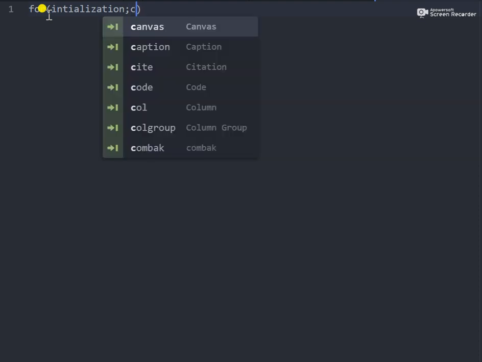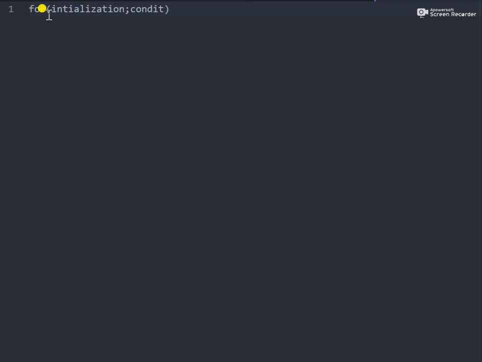आज हम फॉर लूप का यूज़ करते हुए किसी भी नंबर का फैक्टोरियल कैसे निकाला जाता है उस पर एक प्रोग्राम करने जा रहे हैं। फॉर लूप का सिंटेक्स है फॉर, उसके बाद इनिशियलाइजेशन है यहाँ पे, सेमीकोलन, उसके बाद कंडीशन, जो कंडीशन चेक होती है, उसके बाद है सेमीकोलन, फिर इंक्रीमेंट